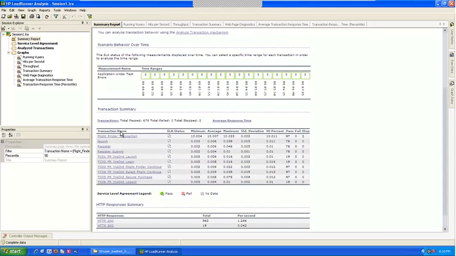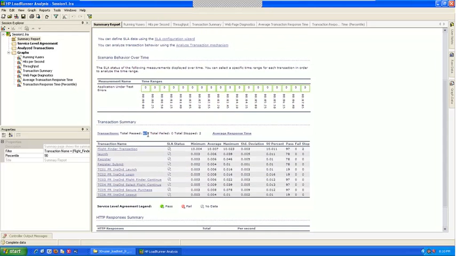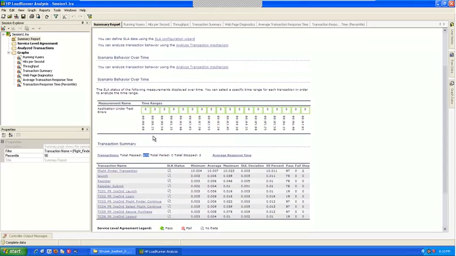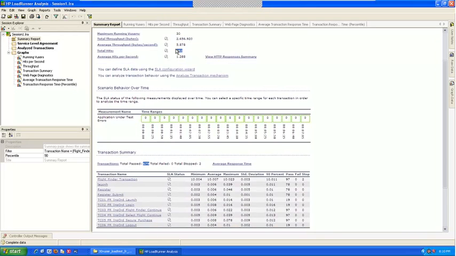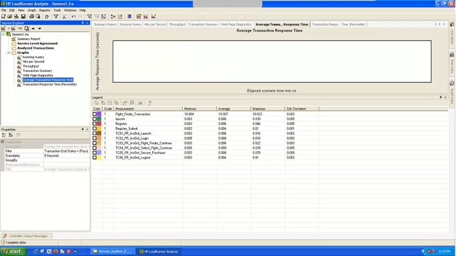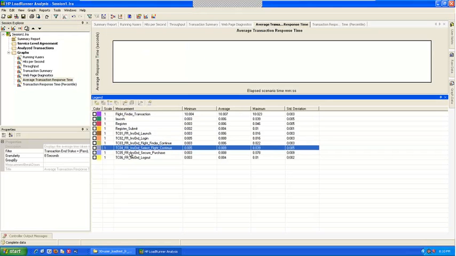You see here the total number of transactions went down. The hits won't change because the total number of hits are there. You cannot change the number of hits. But from 911, it came to 679 because those transactions were removed from the total. Even the average response time, you don't have that information here.